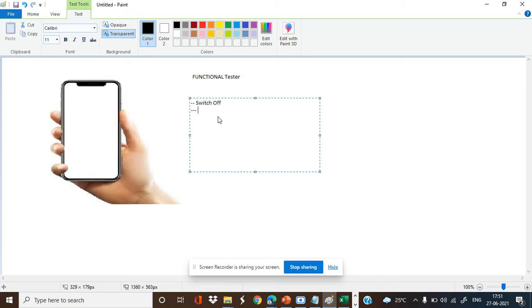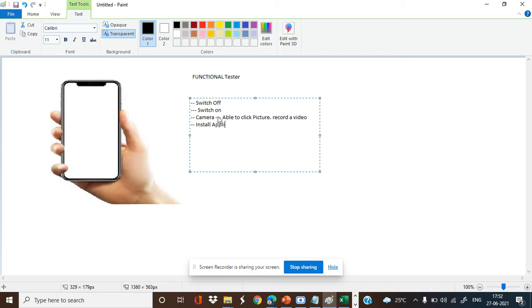Or the user is able to switch on the phone, or use the camera, able to click pictures, record a video,